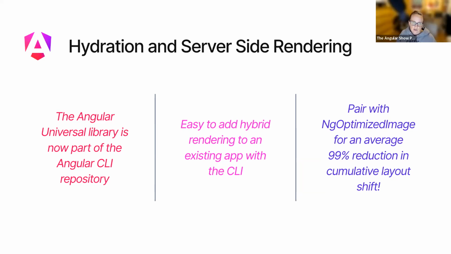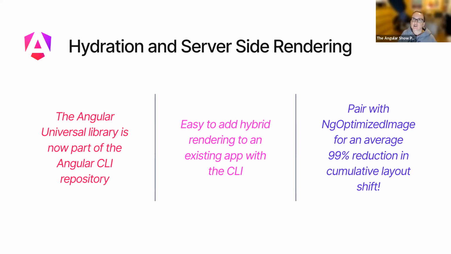So Angular Universal was a library that used to handle doing that. That is now brought into the Angular CLI as part of the repository, so that's really good news for people that use Angular Universal. And it's really easy to add hybrid rendering to an existing app with the CLI, so that's pretty exciting. And then if you pair it with ng optimized image, which was introduced in version 15, maybe version 14, I can't quite know. I think it's 14. You can see an average reduction of 99% in cumulative layout shift, which is really important